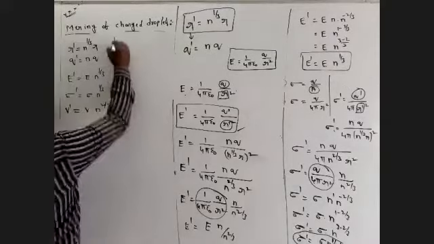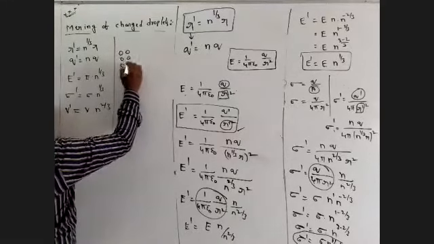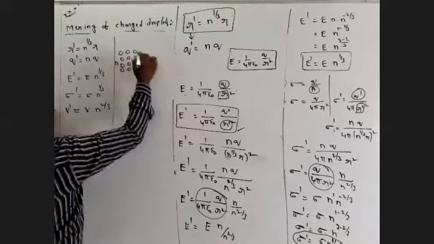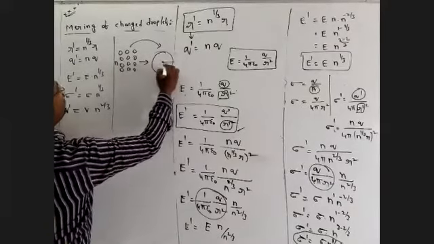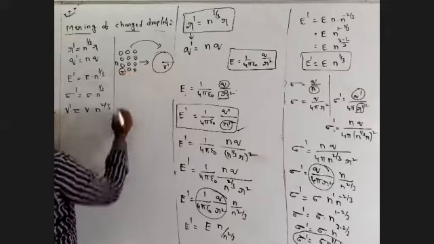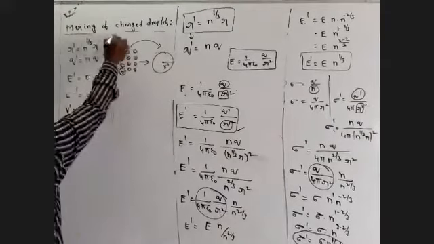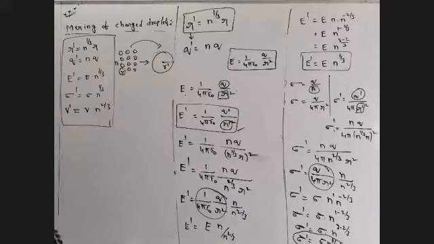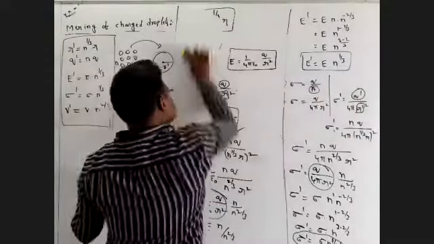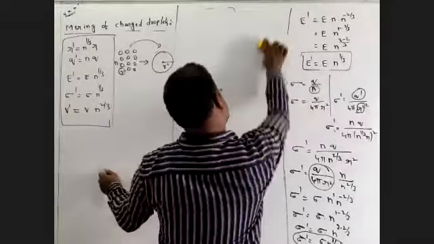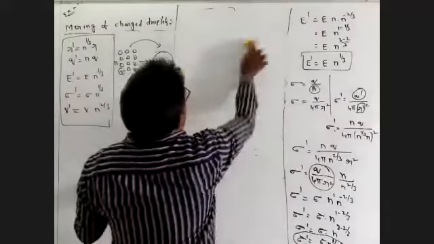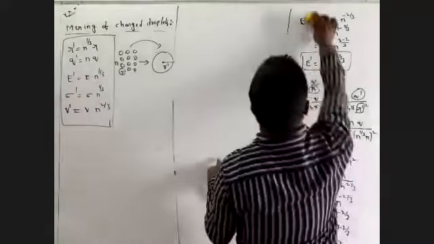These formulas all belong to small drops. These are n small drops merging into a big drop, whose radius is R dash, while the small drop has radius R. Keep in mind this is a process. This is very, very important for competition exams, the complicated IIT and NEET exams.